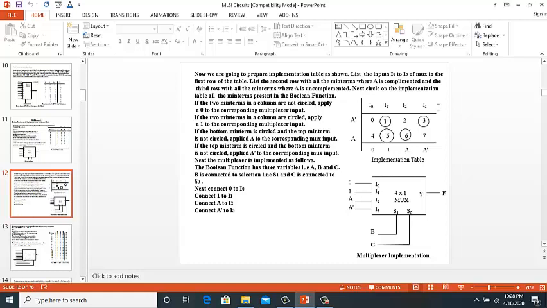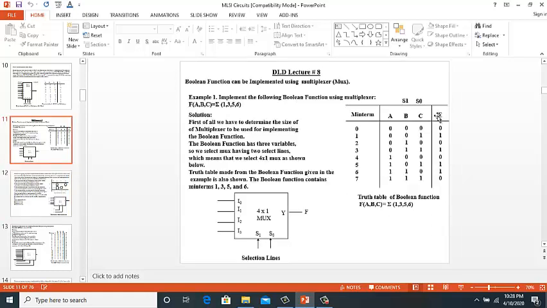Next we are going to write all the minterms which are with a bar. So if we go back to the truth table, we see that minterms number 0, 1, 2 and 3 have got a bar, that is a is 0 in all these minterms.